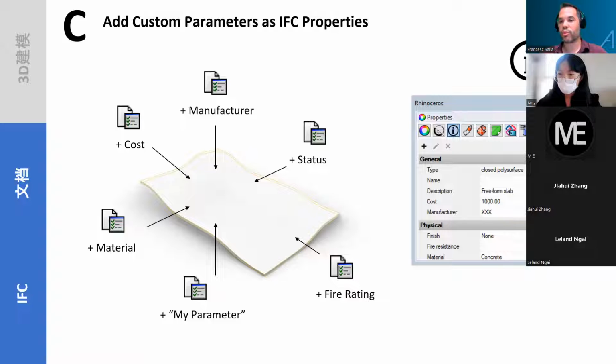So other programs will read this information as well. 对，那所做的这些更改也会在 VisualARQ 的 IFC 文件里面保存和显示。